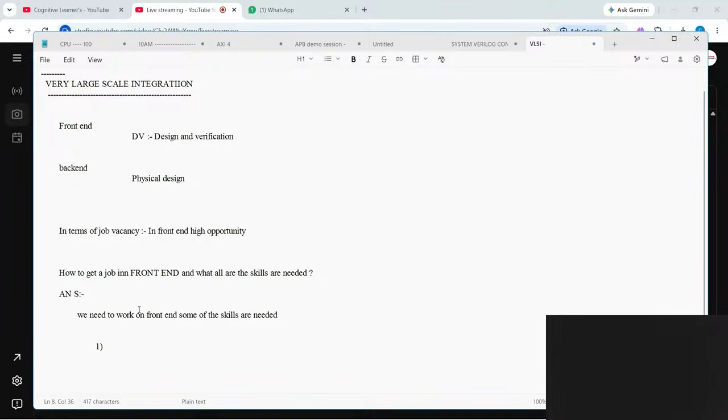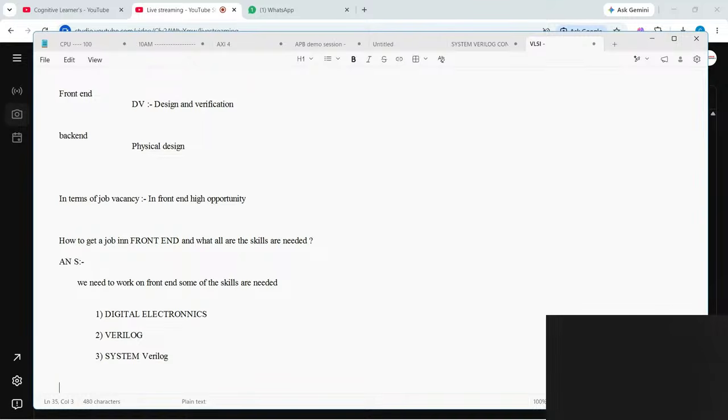First we need to understand basic digital electronics, and then Verilog, then SystemVerilog, then UVM. UVM is nothing but Universal Verification Methodology.